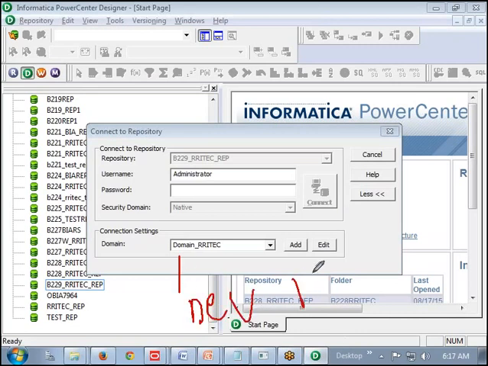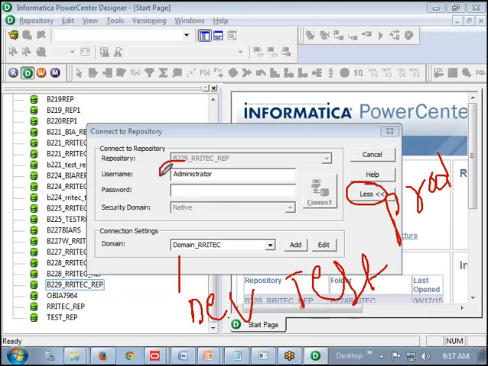In our training room, only one domain is available, so no issues. In a live environment, always go for the more button, confirm the domain, and only then type the username and password.